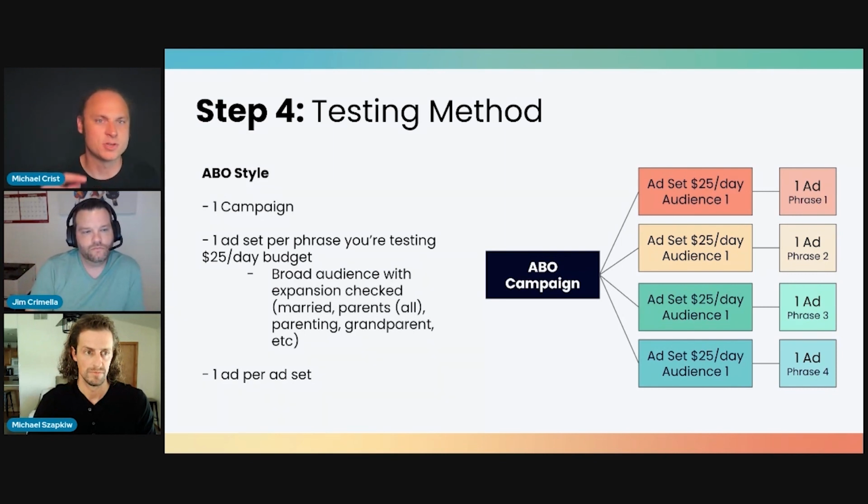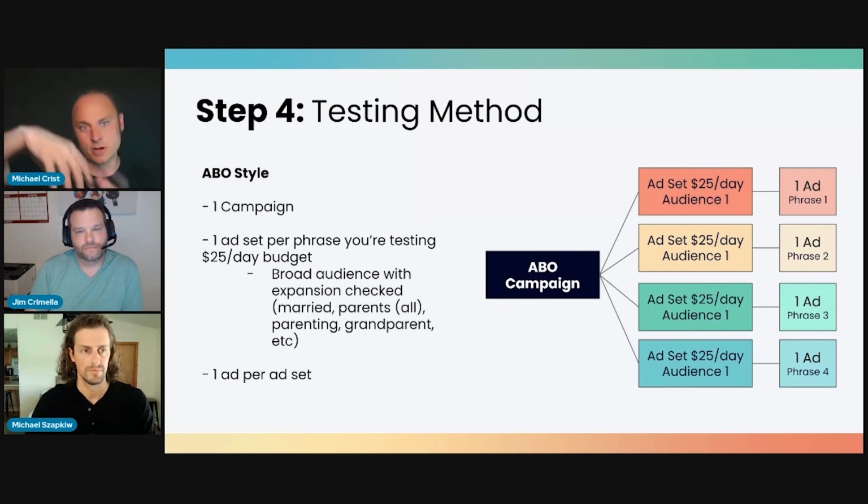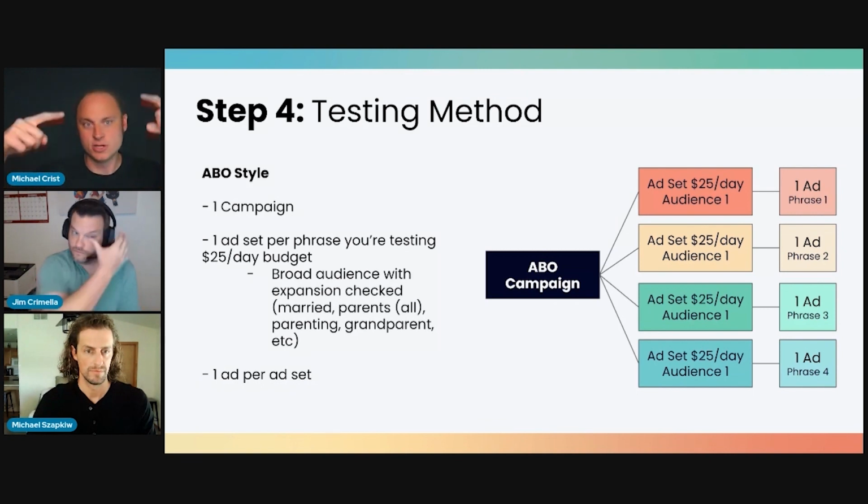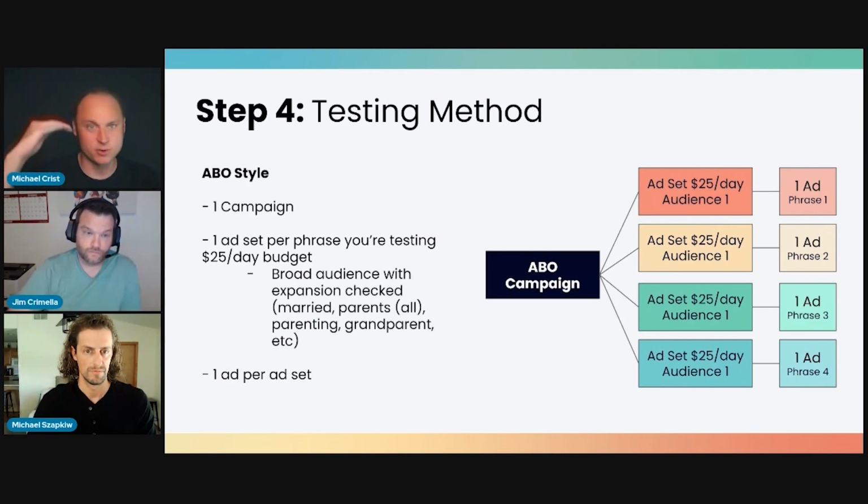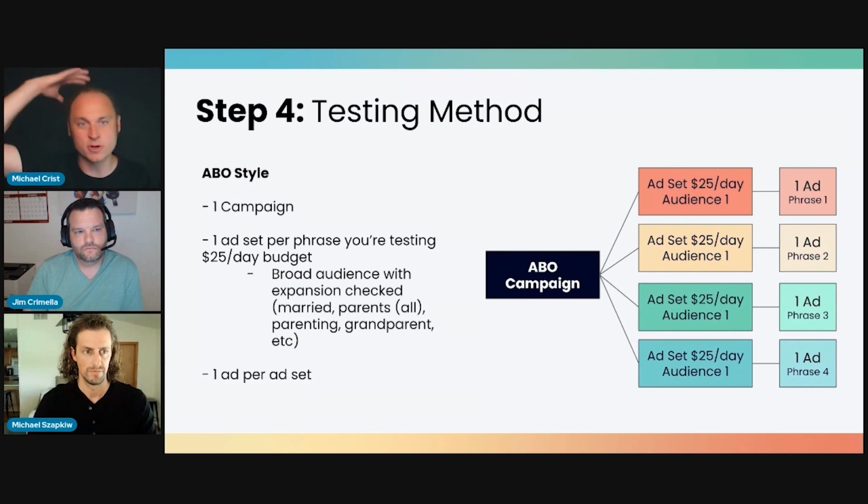Now, let me ask: you've got your one ABO campaign, and inside it are housed all your ad sets, right? Correct. Each ad set is basically a new phrase that you're testing. Correct. So do you keep this open for days and weeks, turning stuff off, and every time you have a new phrase, you go in there and load up the new phrase and let the campaign compile data over several weeks? Or do you get the 5 phrases you want to test, create the campaign, run the test on all 5 simultaneously, then turn it off and create a new one later? How are you doing it?